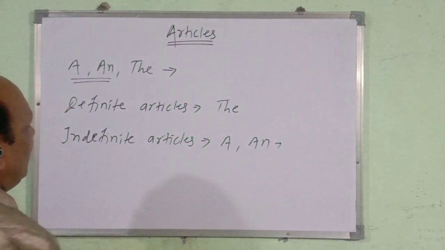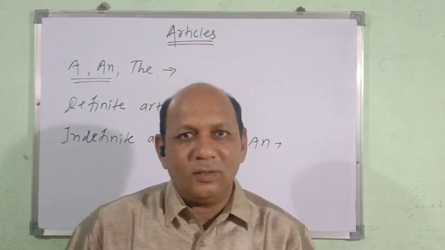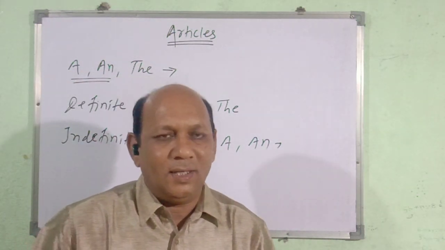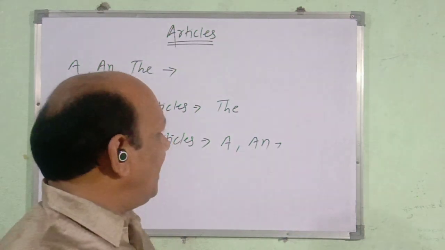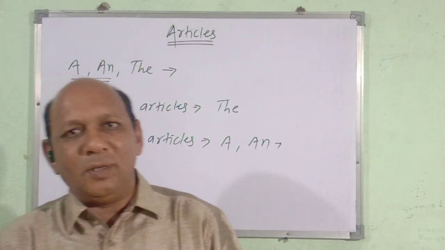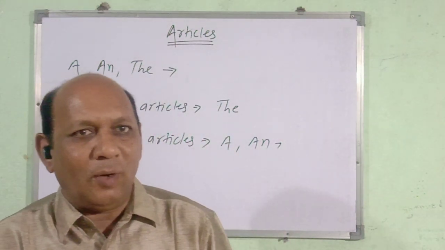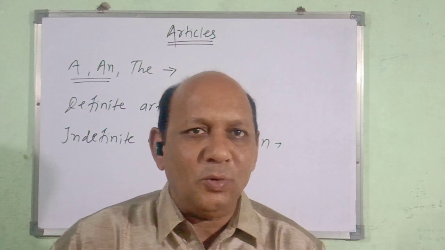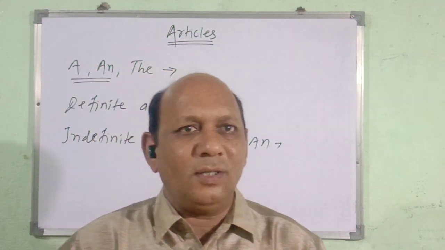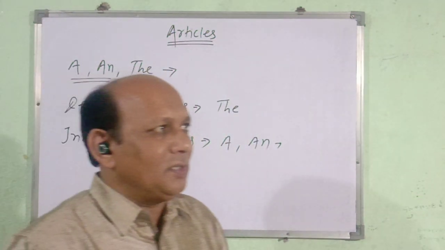Okay. So in English grammar there are 26 letters or 26 sounds. Getting it or not? That is the alphabet. And that alphabet is further divided into two parts. The first one is the vowel sound and the second one is the consonant sound. So what is the relation and what is the use of those particular alphabets, the vowel sound or the consonant sound, when you are using the articles, we will see.